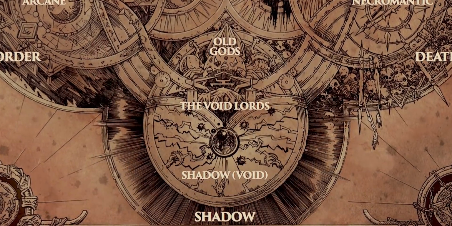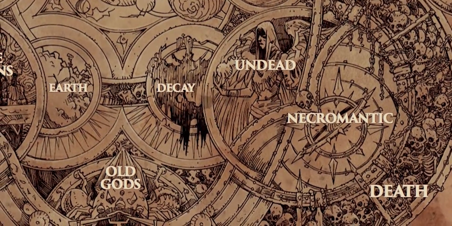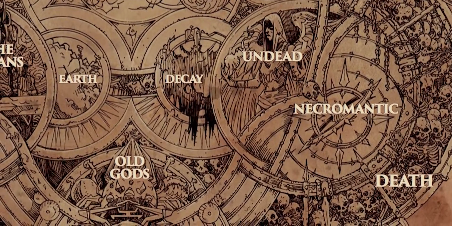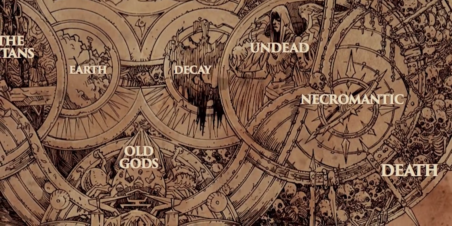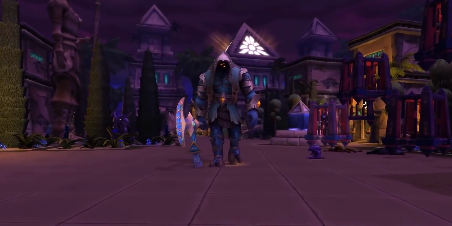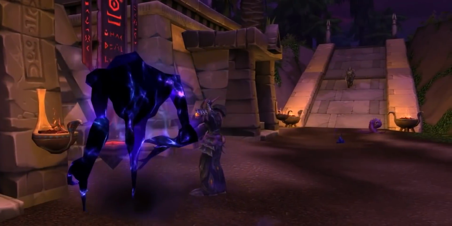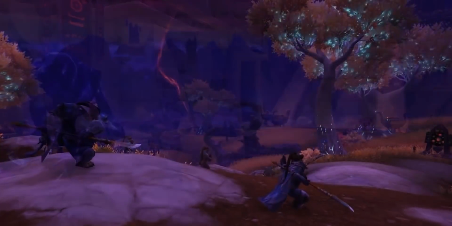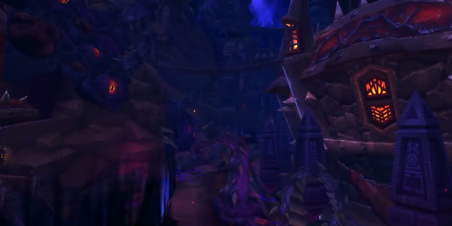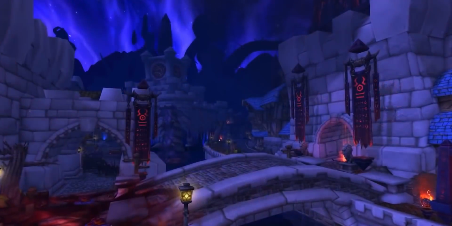So the old gods serve Void. The Lich King served Death, which is one of Void's greatest enemies, as we've explained many times before on this channel. We know that Void has an incredible ability. It can see all possible futures, pretty much all possible timelines. But the thing is, it doesn't know which of the futures it sees will come true.